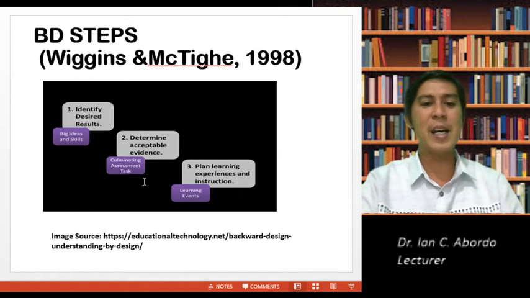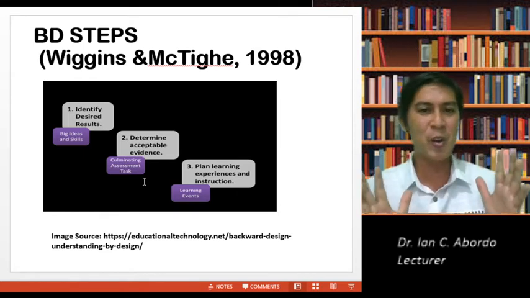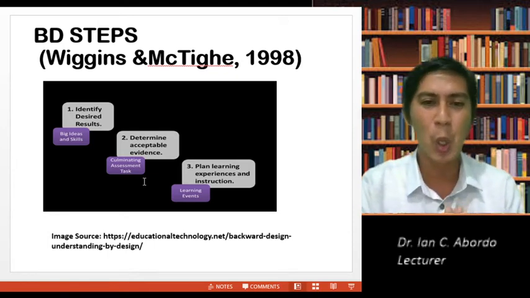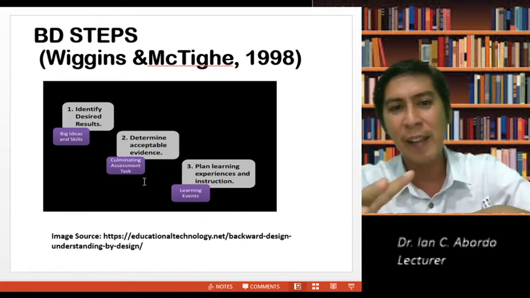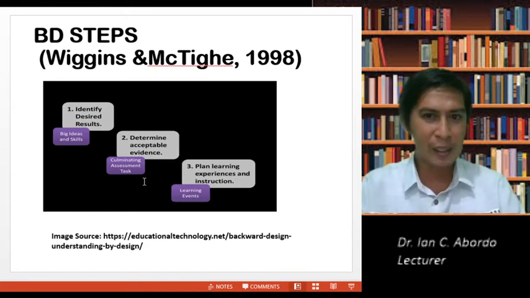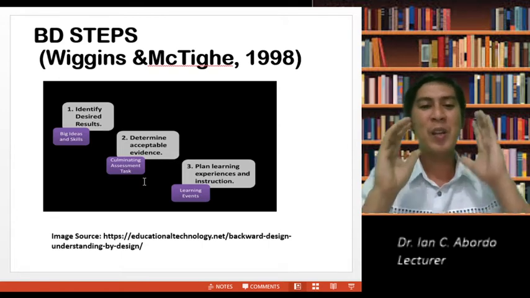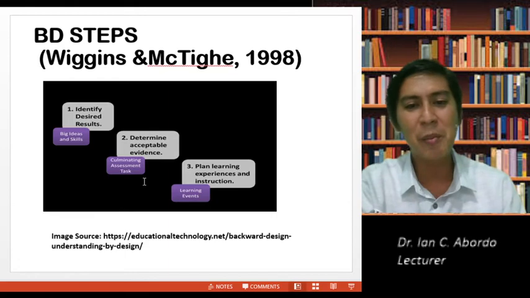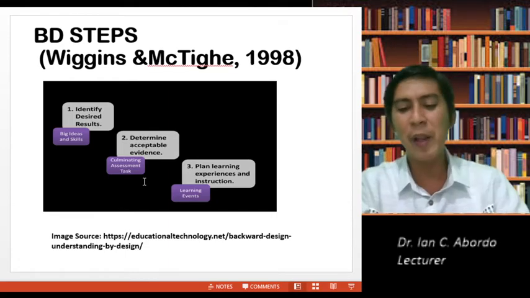If we will use the backward design, this is Understanding by Design. We'll just review. Maybe you missed this, but this is very important. I'll go through this slowly. Wiggins and McTighe said, when you design backward, we develop a module starting by identifying desired results. We determine the acceptable evidence. We plan learning experiences and instruction. So that's how we will organize.